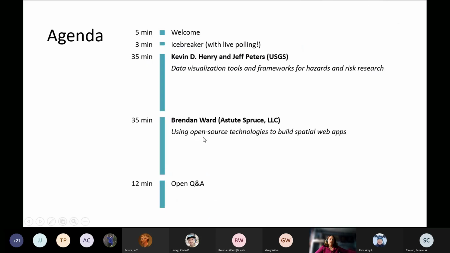So just to give you a bit of orientation on our agenda, we'll be starting off with a bit of a practice run with an icebreaker, which I'll get to in a moment. And then we will have our first presentation, presenters Kevin and Jeff from the USGS, presenting their talk on data visualization tools and framework for hazards and risk research.